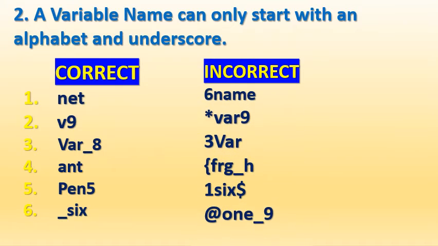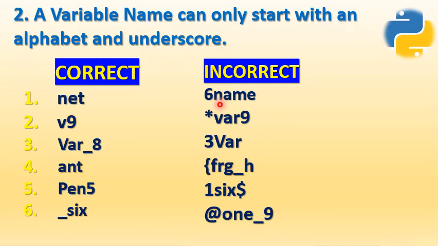Now, my second rule is saying a variable name can only start with an alphabet or an underscore. As you know, a variable name can contain alphabets, underscores and digits. But there's another rule that your variable name can only start with an alphabet or an underscore. That means although digits are allowed, digits cannot be at the starting of your variable. Let's compare the first example. Net is a correct variable name because it is according to the rules. Here I used alphabets and the first character of my variable is an alphabet. So it is correct.